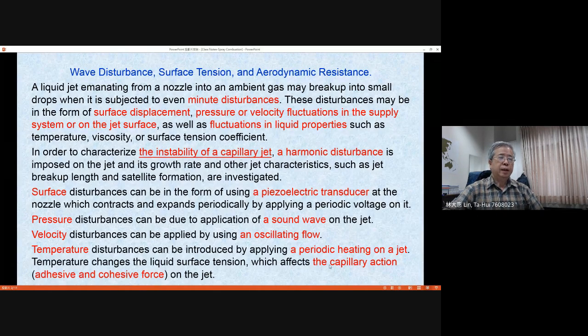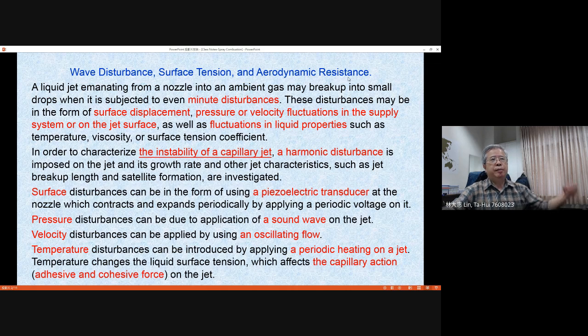Okay, let's come back to the slides. As you remember, I already explained the so-called wave disturbance for a liquid jet breaking up into small droplets, where I introduced this concept before, and here I mentioned there is the balance between the surface tension and the